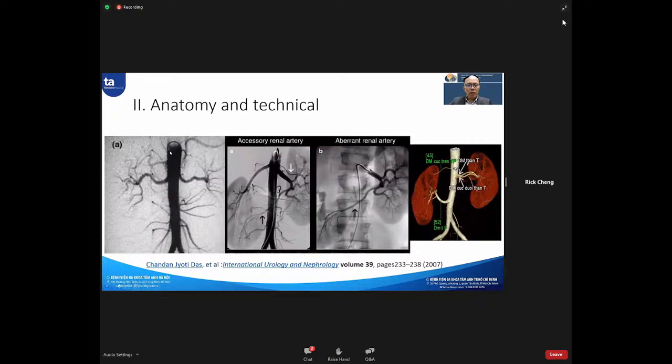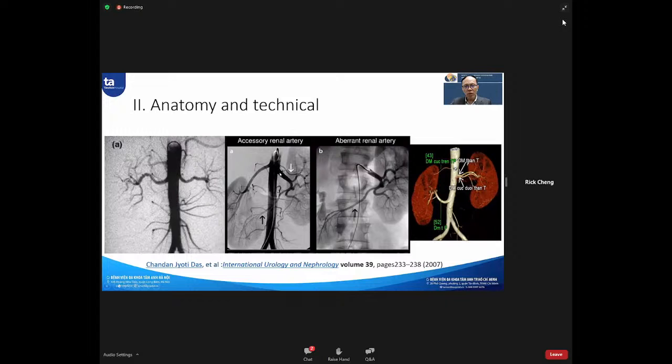So the first step is that you put the pigtail catheter at the level of D12 and L1. You make the aorta angiogram. You see the origin of the branches from the aorta, with the right renal kidney and the left renal kidney. For example, in this case, you do the total global bilan.